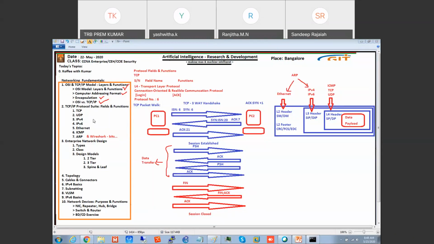Because we have some attacks in this. When I am teaching attacks, we have to have knowledge of this. What is the TCP three-way handshake? There are some attacks called the TCP SYN flood attack. At that time I will be taking this concept again. These are the fundamentals for our security club.